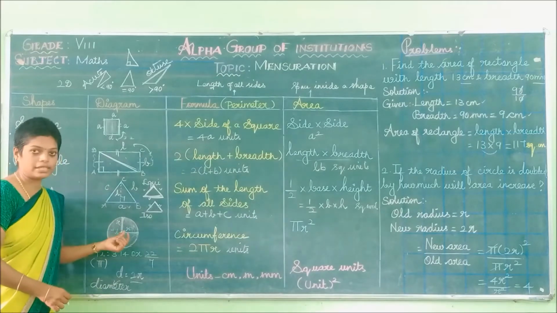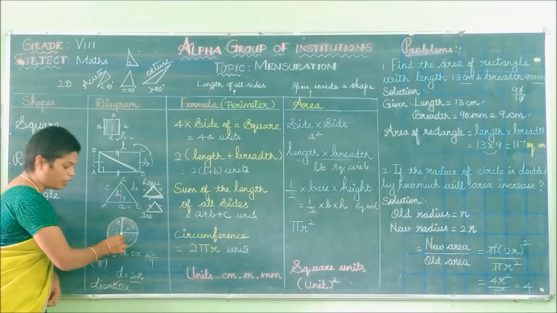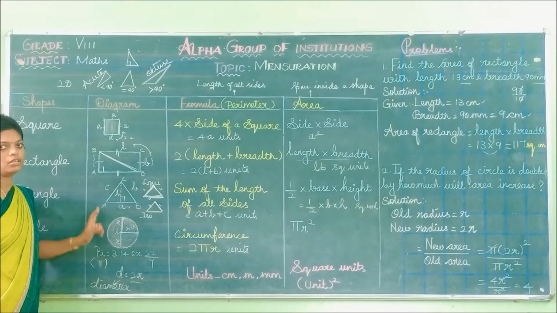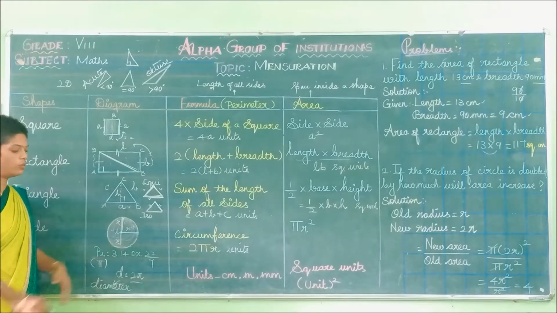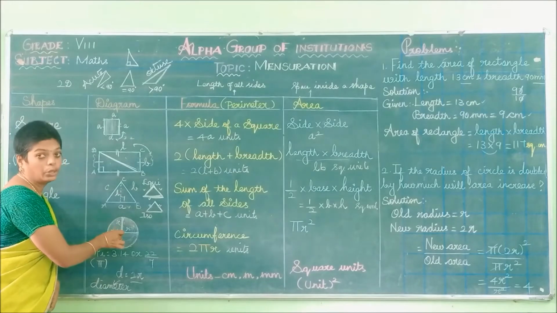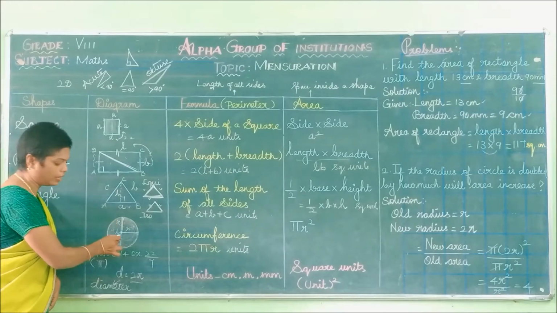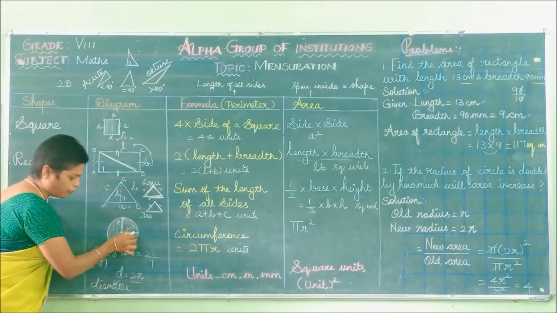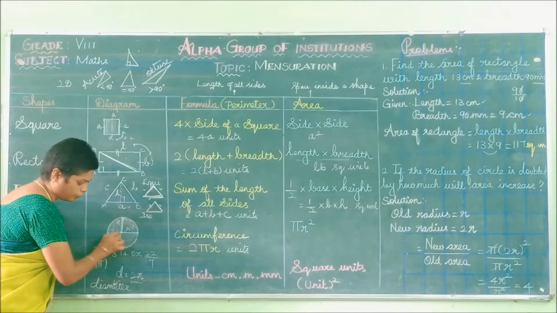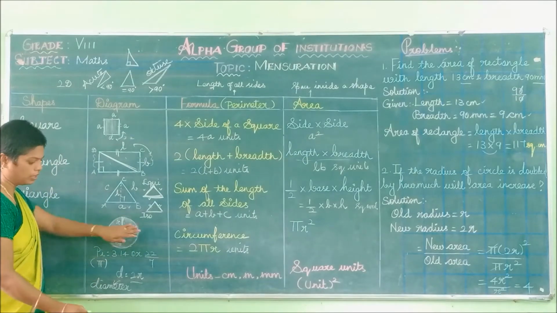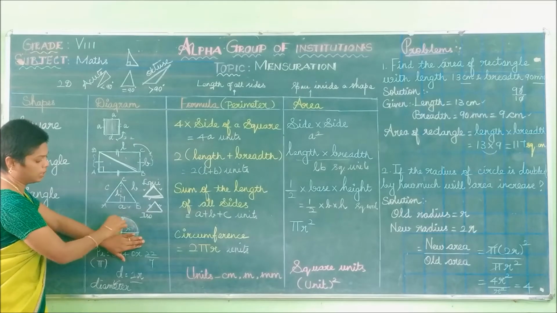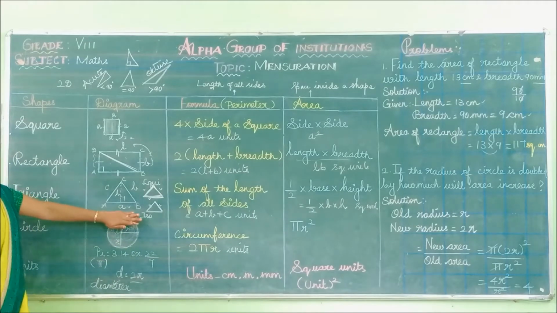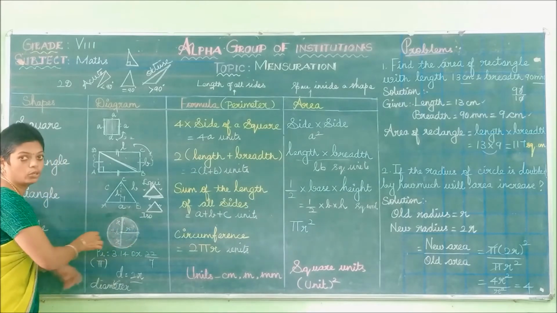What do we mean by radius here? The radius is the line drawn from the center to anywhere that touches the circle. So radius is nothing but from the center to anywhere on the circle. If you draw this full line and separate it, this is called a semicircle. Or else you take this portion, it is also called a semicircle. This line you drew here, that is called the